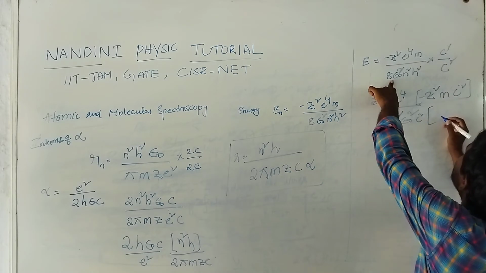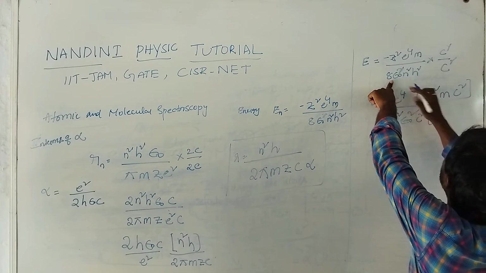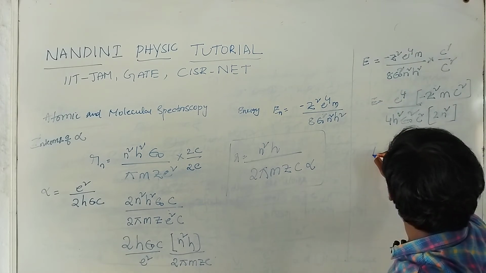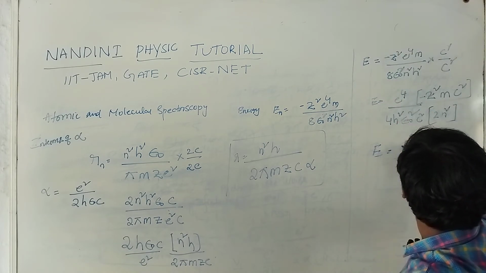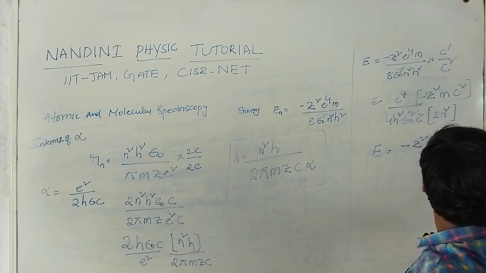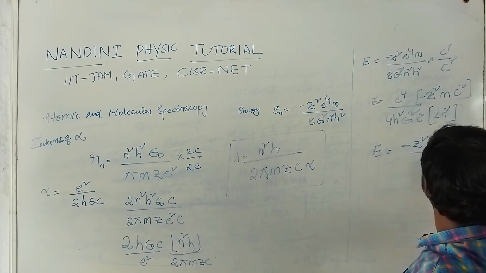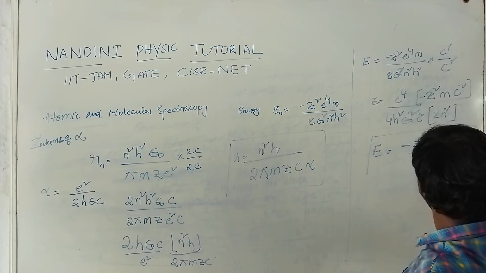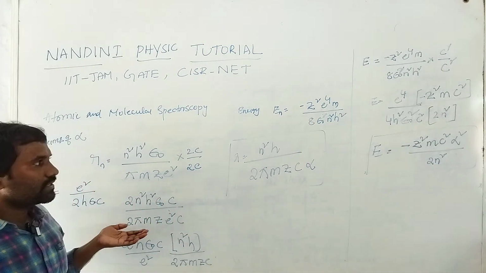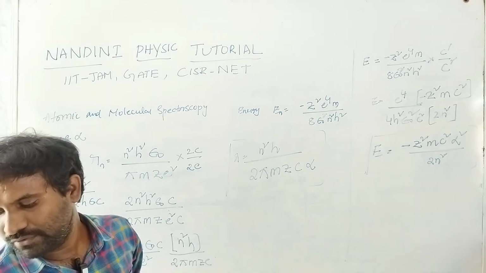So finally this is 2, okay, n square only there. So finally this value is alpha square. So minus Z square m c square alpha square divided by 2n square. So this is our energy equation. Okay, so in terms of alpha, in terms of radius, in terms of energy, and similarly take in terms of